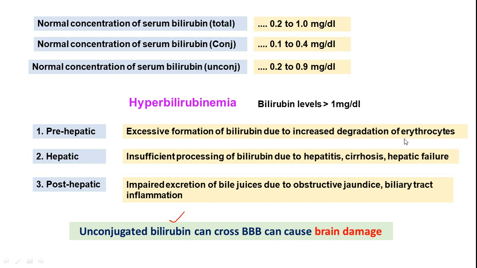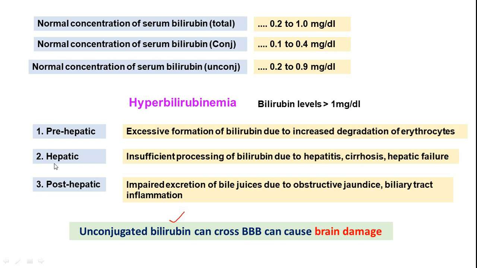or specific blood cancer kinds of conditions, where excessive degradation of erythrocytes can be observed. The second reason is that some infections and toxic chemical exposure can also initiate stressful conditions that lead to sacrifice of erythrocytes, an increased rate of degradation of erythrocytes. This is observed in viral infections, etc. So that could be one reason why prehepatic hyperbilirubinemias can happen.